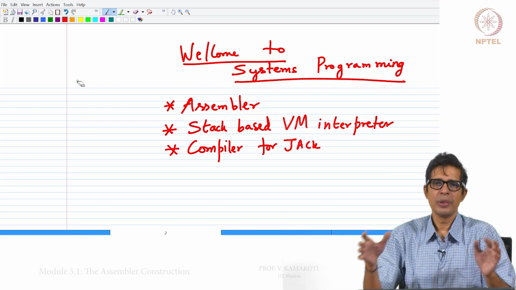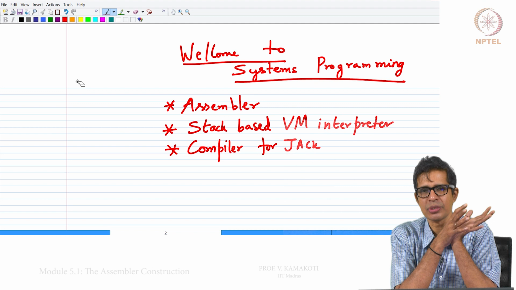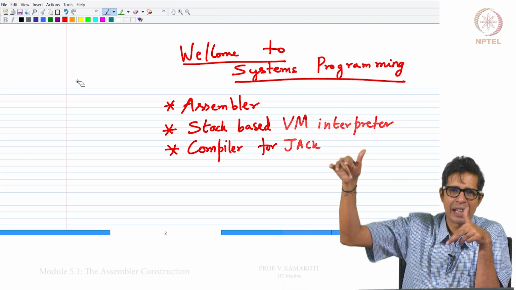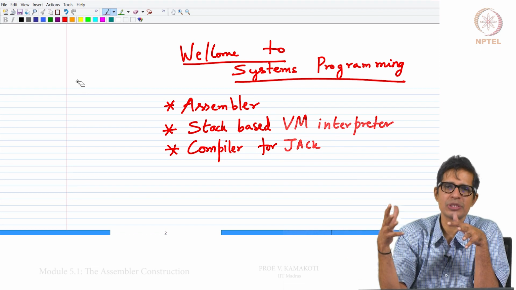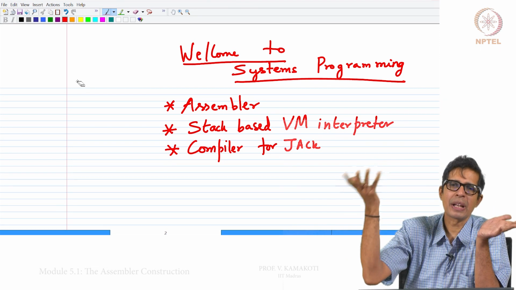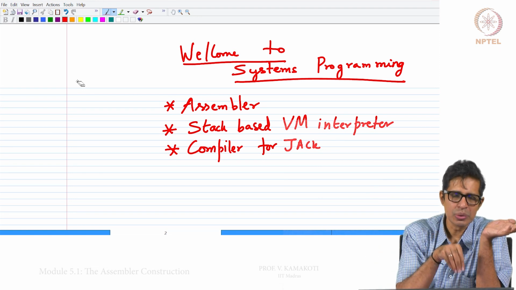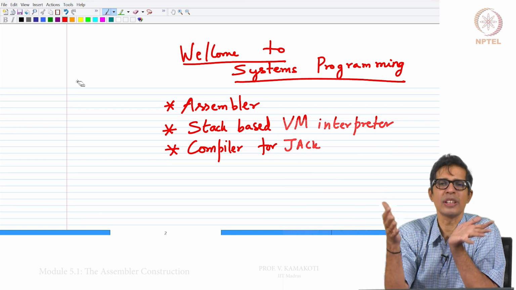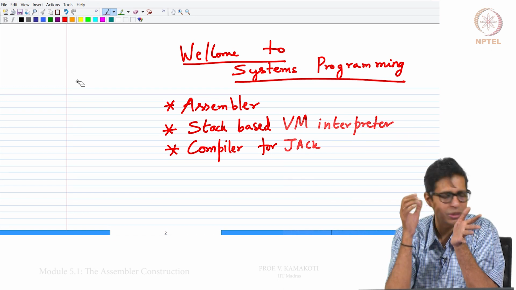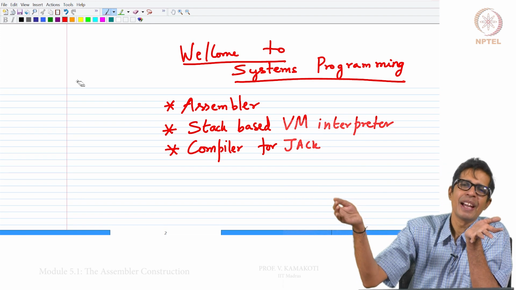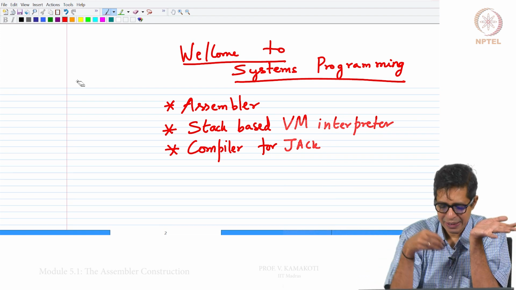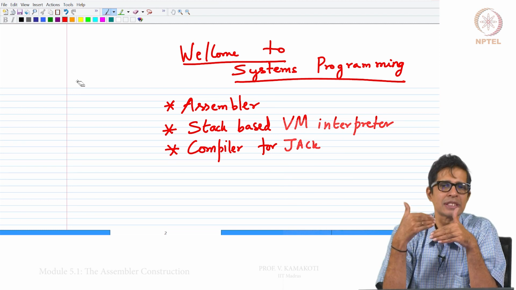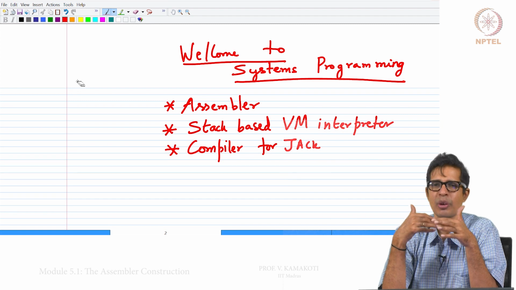Now, in the initial portion of this course, we did mention that there is a machine instruction, then there are some programming languages, and there is a compiler which will convert your programming language constructs onto the machine language, and that software is what we call a compiler. The compiler is a software that will take a high level language and convert it onto a machine language. Now, this conversion is not going to be that straightforward.